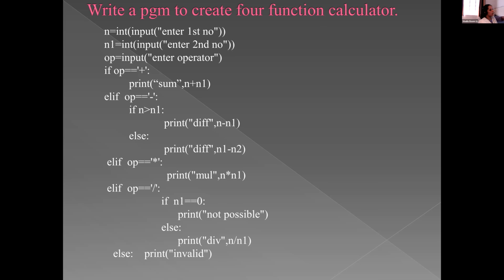Is it clear, Aditya? Okay, so first we have to check if the number is between this 0 and 999. For that, we write if n less than 0 and n greater than 999, then print invalid entry. Then elif. Write the balance of the program.